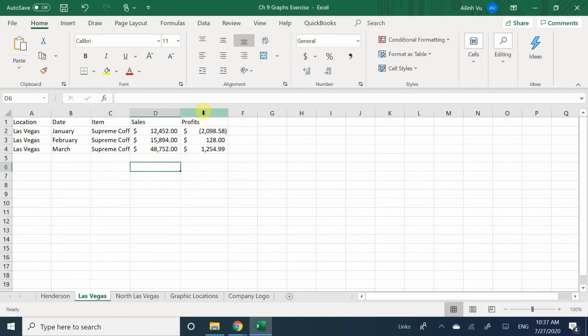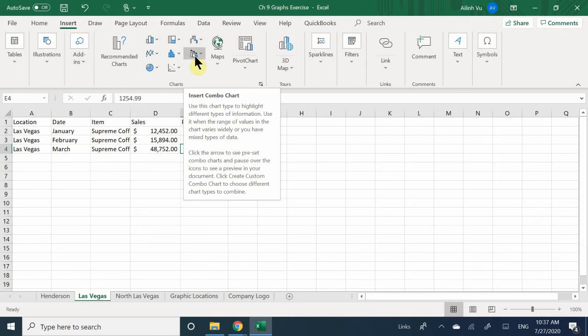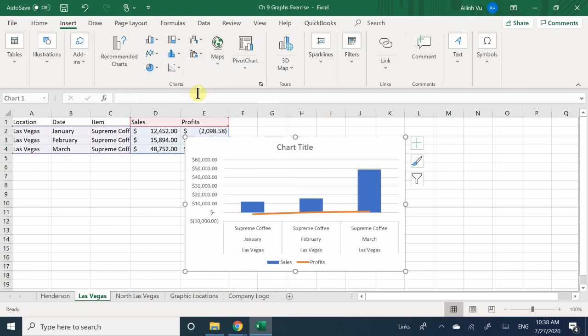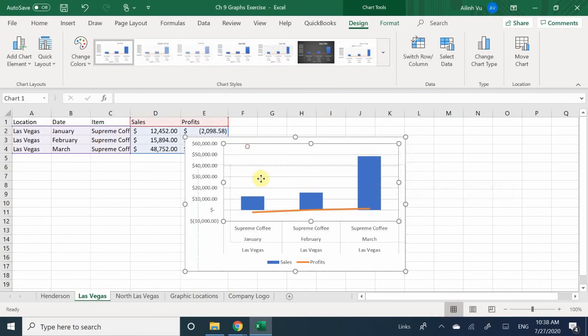If you notice here, I do have another little section called my profits. So what this can do for you is, if you have two series of information, you can create what's called a combination graph. When we go into our insert table, you're going to notice that you have a combo chart. And what the combo chart does is it allows you to look at two different types of information at once. So in this case, I'm going to go ahead and clear this information out because